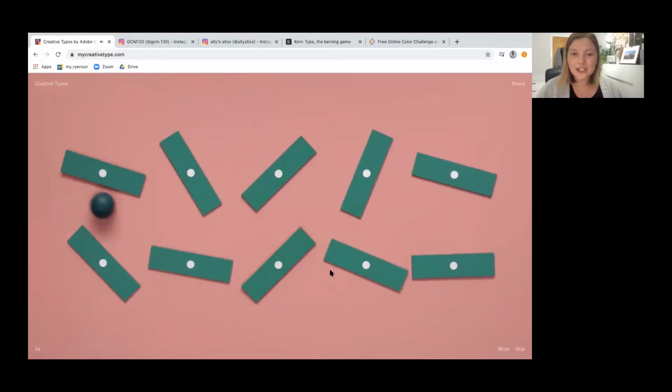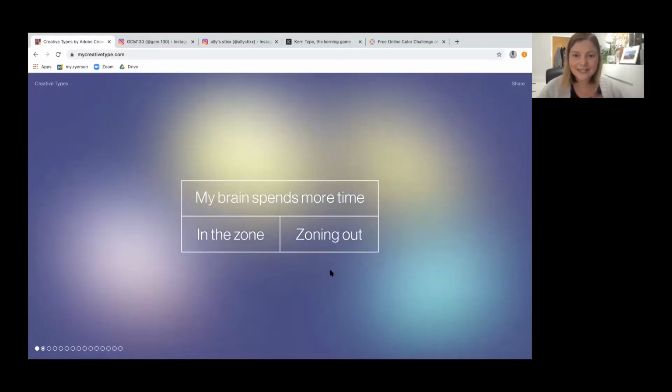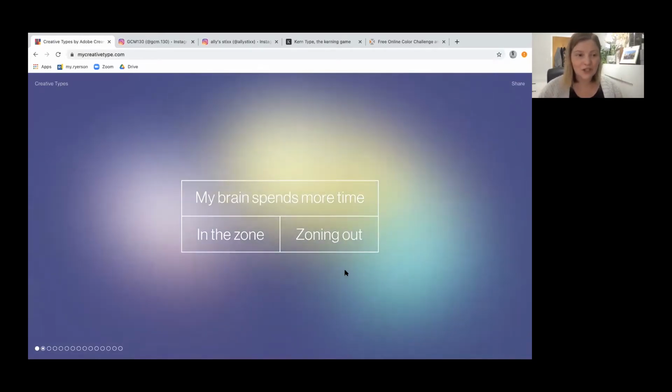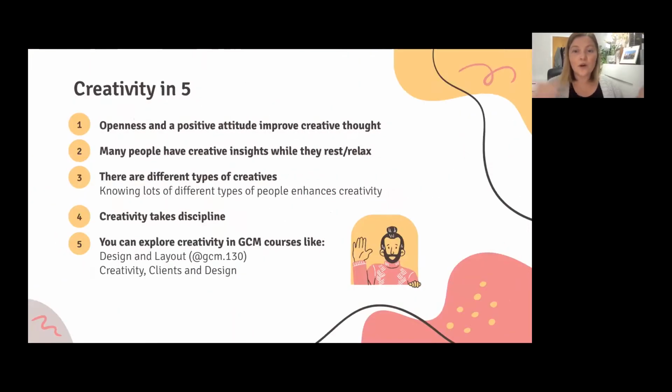Now, we talked about whether I tell you what all the types are, but I almost don't want to because I'm scared it's going to skew your results, okay? So I don't want to tell you the different types, but I do want you to check out the quiz, and maybe if we have time at the end, we could all do the quiz together and figure out what your type is. They're really neat, and they give you a description and tell you your creative strengths, maybe your untapped potential, so what you could achieve if you really hone in on that particular creative type. So that's something to consider. And of course, the more unique people are around you, the more likely you are to have creative outcomes, which is lots of fun.